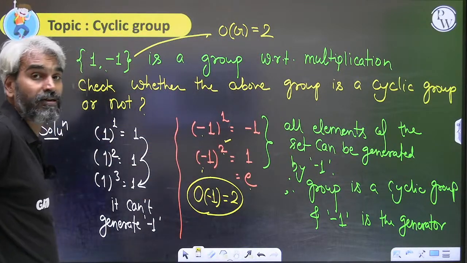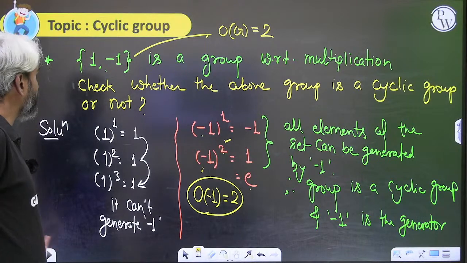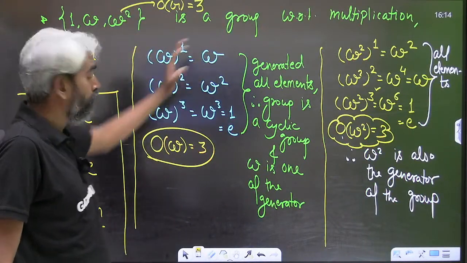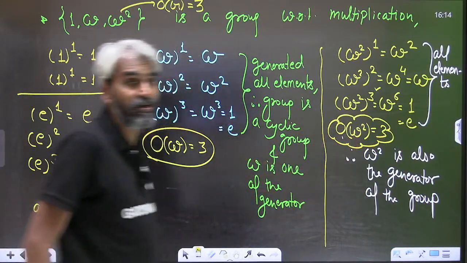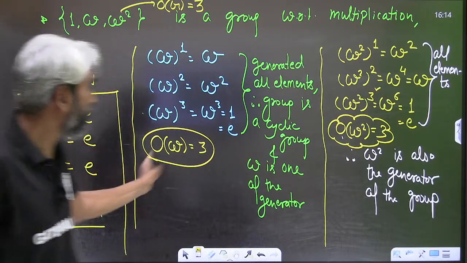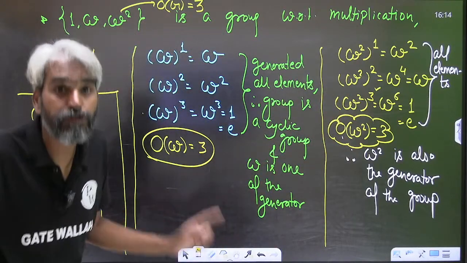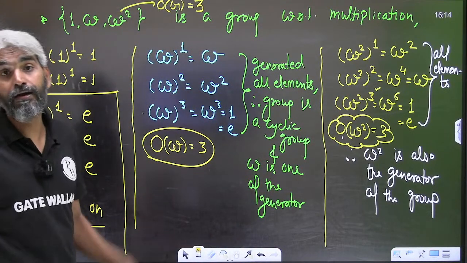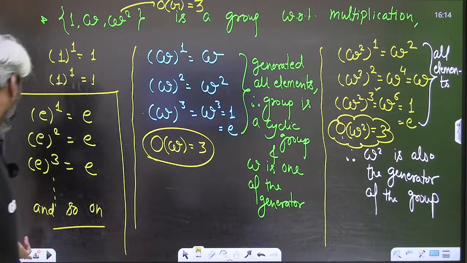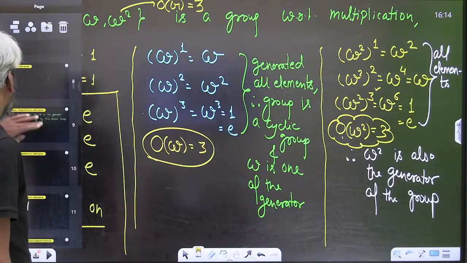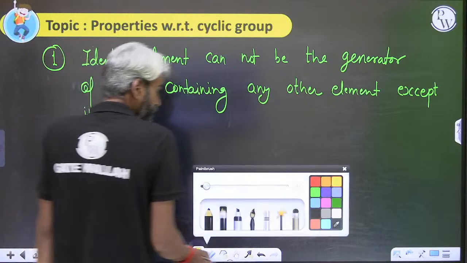Order of its generator is also 2. In this case, order of the group is 3. Omega and omega square are the generators of this cyclic group. Order of omega and omega square is also same as the order of the group. So another property which we can write is that